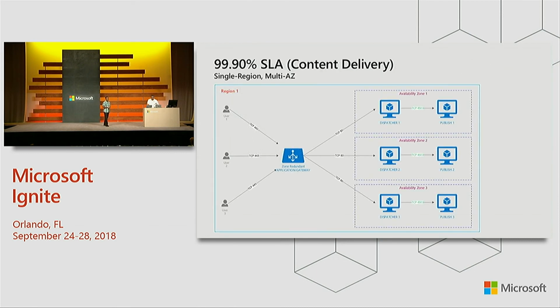So this is our 3.9 SLA offering, SKU. It is a regional solution. The key here is the zone redundant Application Gateway. It's fairly new. It has a presence in each zone, and it's resilient to a zone failure. It's a layer 7. For those of you who don't know what an application gateway is, it's a layer 7